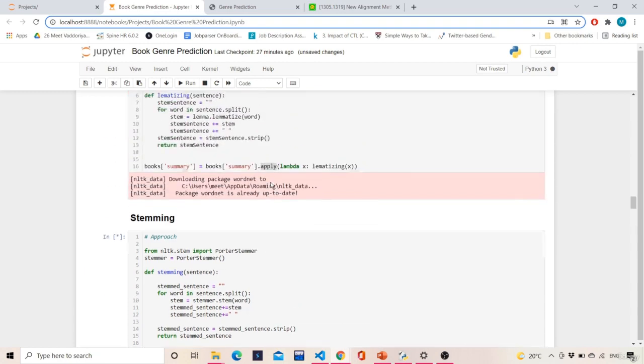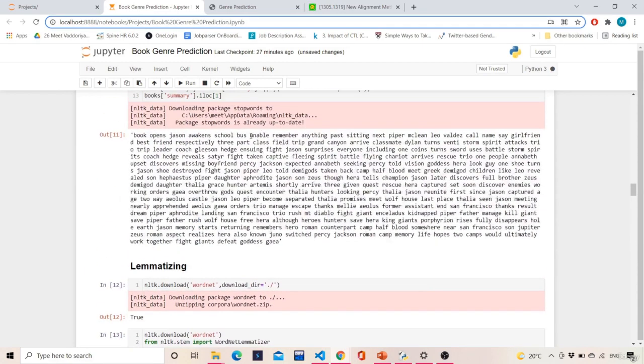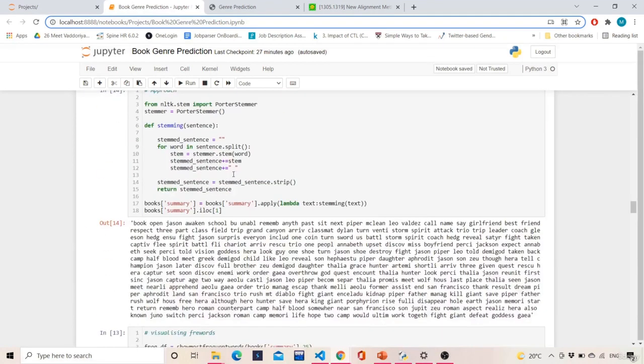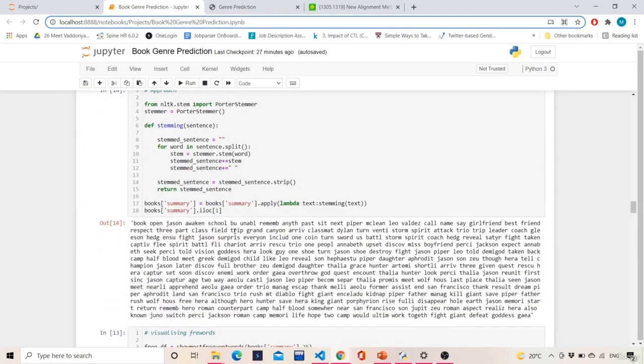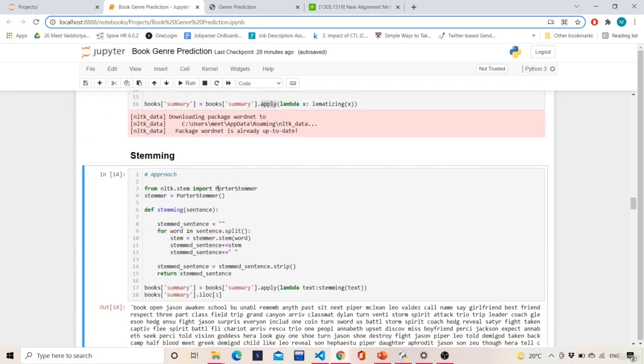For example, I'll showcase how things will work. We have this word enable. Two or three characters will be removed from the back, and U and AB will be shown. For example, with remember, the E and R will be removed from the back, and the other part will be shown. Over here you can see enable: it just removed the last E, and only the first top five characters are kept. Over here we were looking at bus, so it removed the last character, that is S, and bus was there. In some situations it will not remove, but in some situations it will. So this stemming algorithm is the Porter stemmer, which is used behind the scenes.